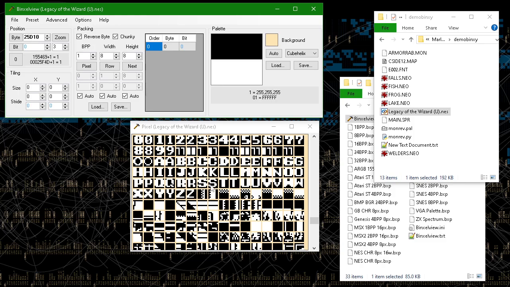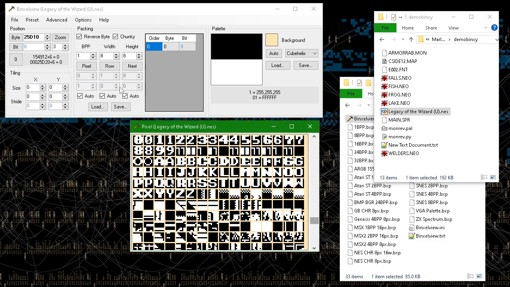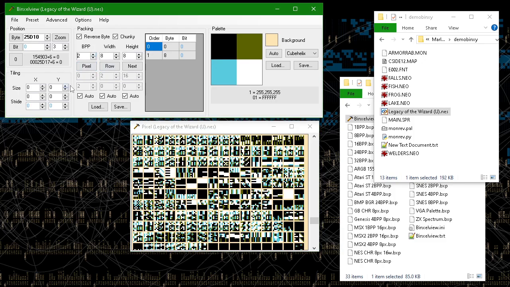If you know about the NES, you can look up its standard graphics hardware format. But sometimes you've got to try things to figure things out, and you can learn a lot about trying to put these formats together. I've looked at a lot of different games now, and figured out ways to figure out graphics data when it's a software format. But if it's something like the NES, oftentimes you look to documentation of the hardware, if you can find it, that tells you these things. So we need 2 bits per pixel because that's what the NES does.